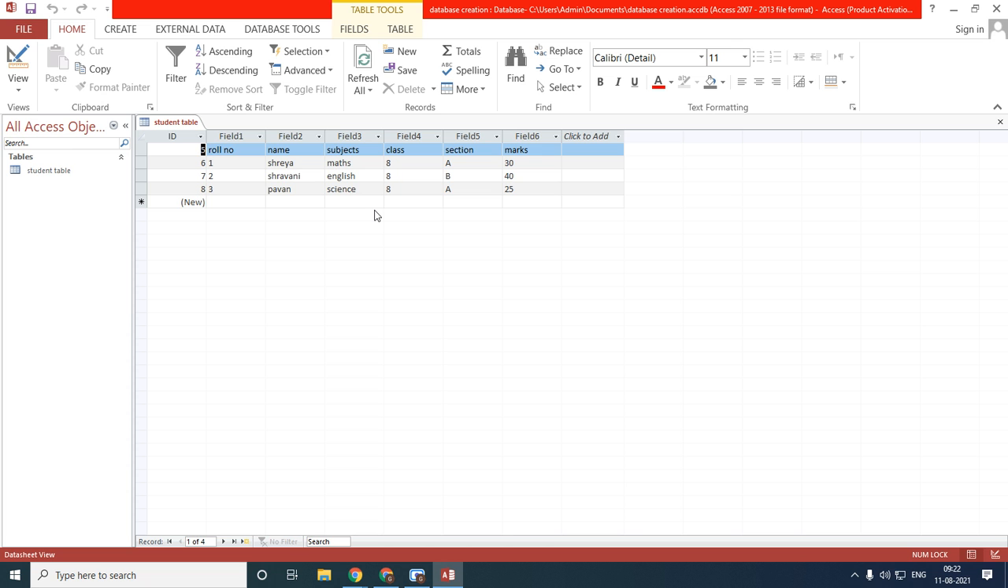Understood. Okay. Next, we will see, whenever you are creating the table in design view, it will not ask you the data types. But whenever you are creating the tables in datasheet view, that time it will ask you the data type. So in your textbook they have given